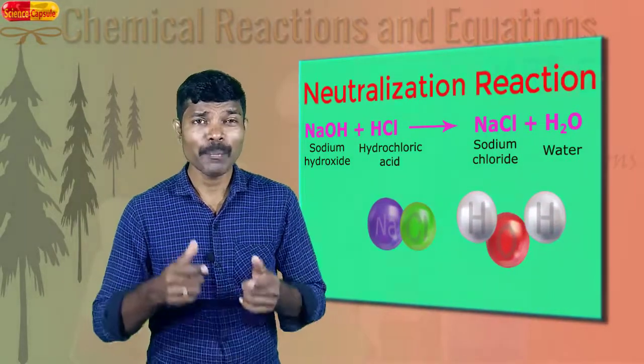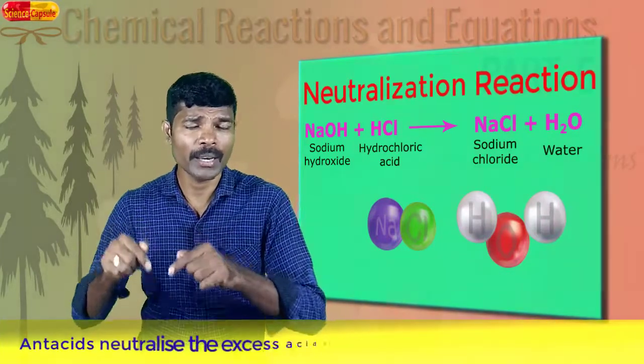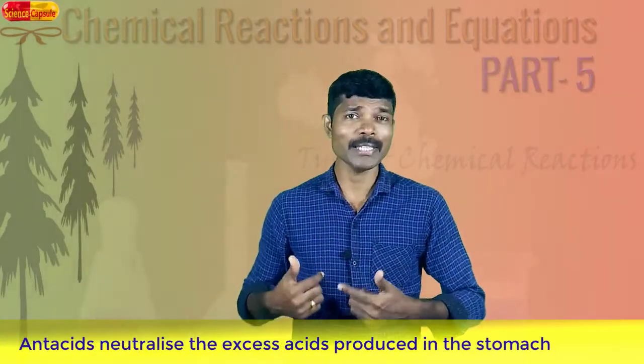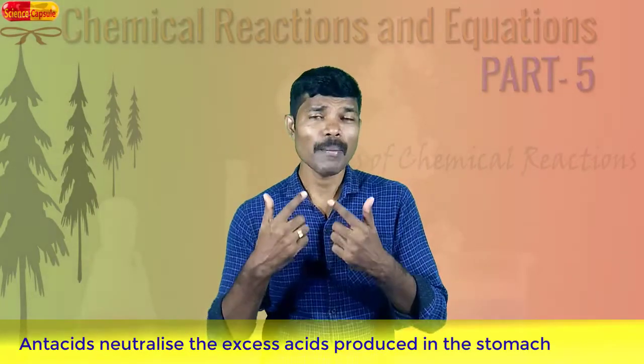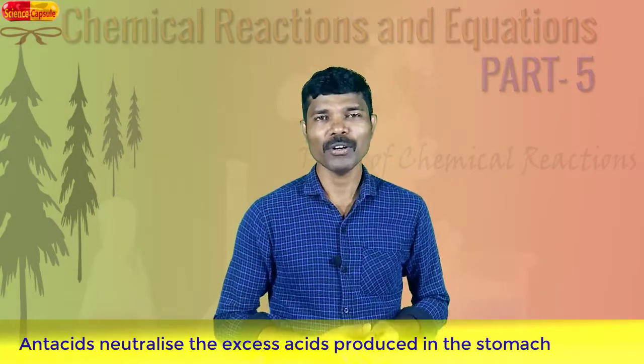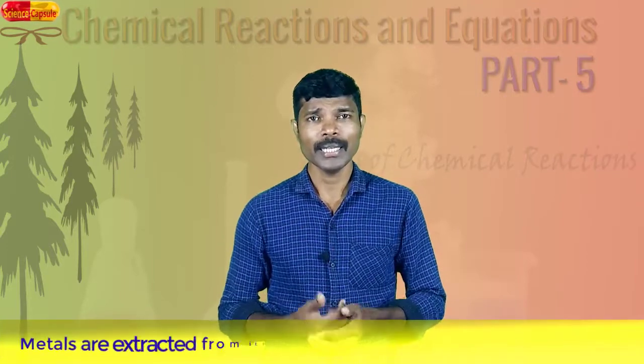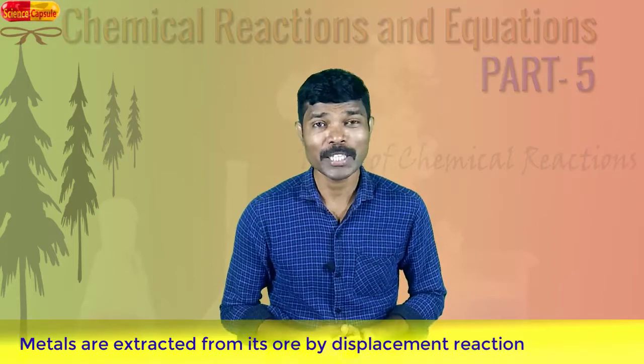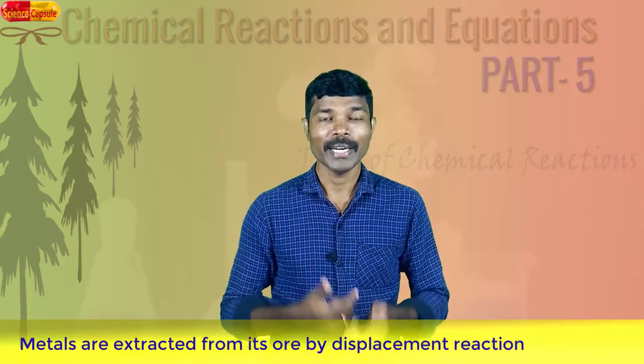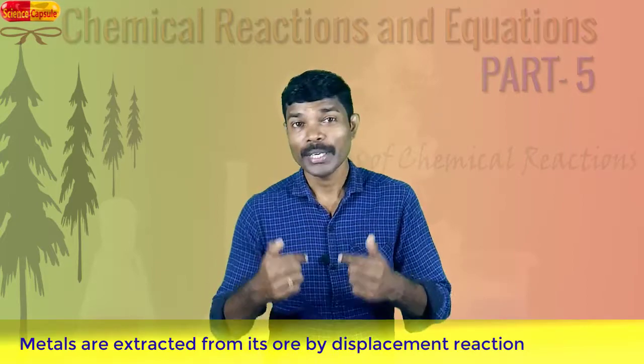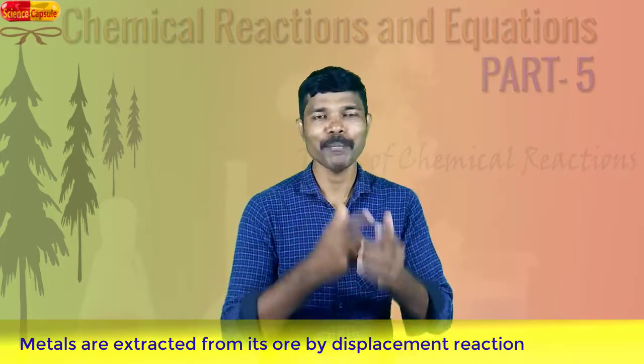Now we will see the importance of displacement reaction in our everyday life. Dear students, whenever we get acidity problem, we used to consume a mild base or milk of magnesia we call, or a Digene, Eno. These are the substances we consume in order to get rid of acidity problem. Actually, these substances are made of mild base. Inside our stomach, we get acidity. When we consume a base, then the base neutralizes the excess acid produced inside the stomach, thereby getting relief from the acidity problem. So here the displacement reaction plays a very important role in getting relief from acidity.